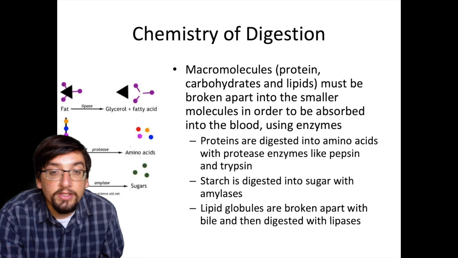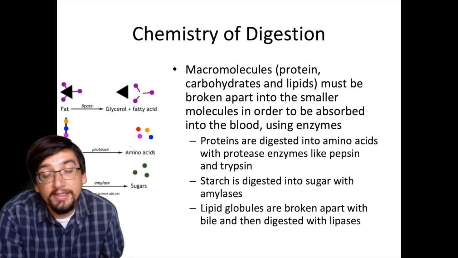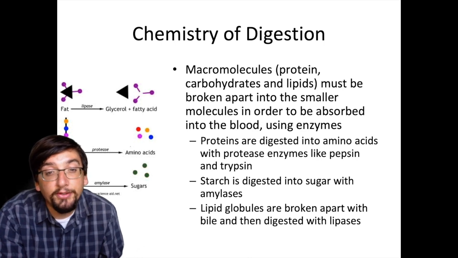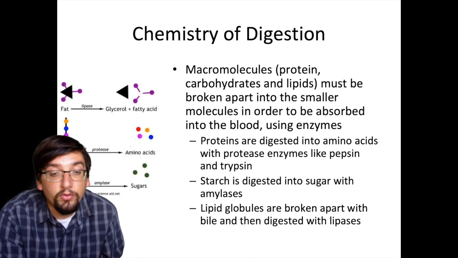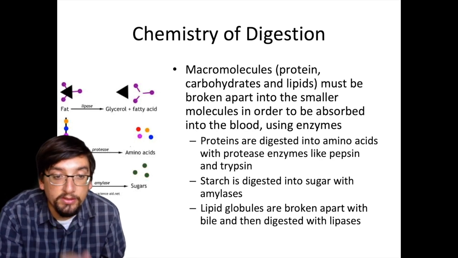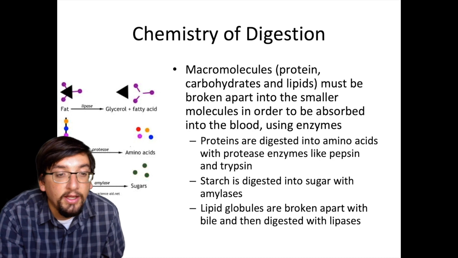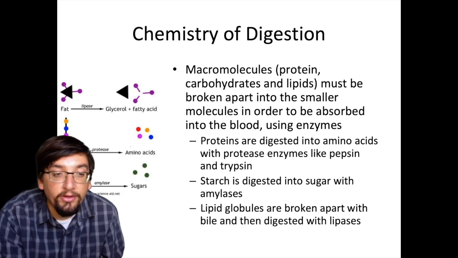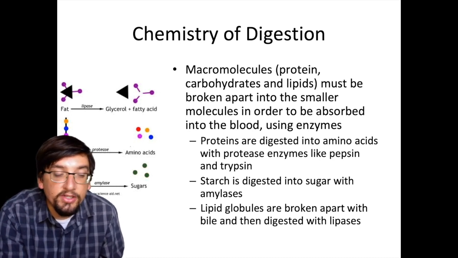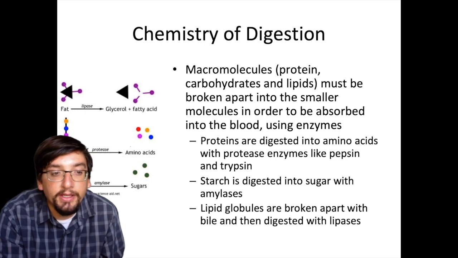But the other 3, which are protein, carbohydrates, and lipids, have to be broken apart. Now, technically, you could actually drink something that's already been chemically digested. You could drink a kind of superfood smoothie, and it would already be digested for you. But just running it through a blender isn't going to be good enough, because you really